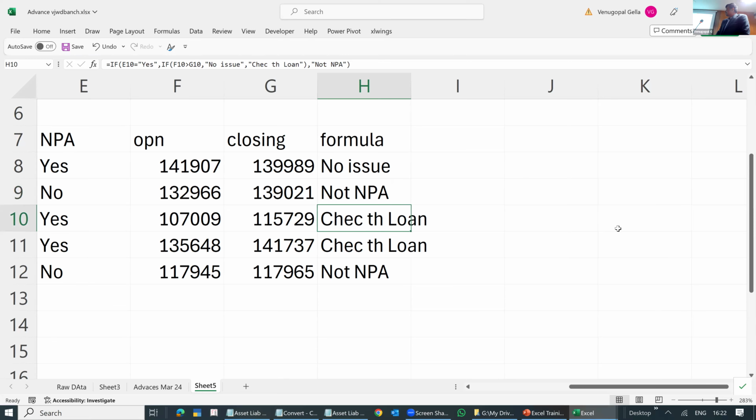It says check this loan. Third one also 135 went to 141, check this loan. Fourth one, it says it is not an NPA. Now, it's a simple formula. You just applied. It has just given you what is that action that you have to do. Right? Let's look at what is the formula that we have given.